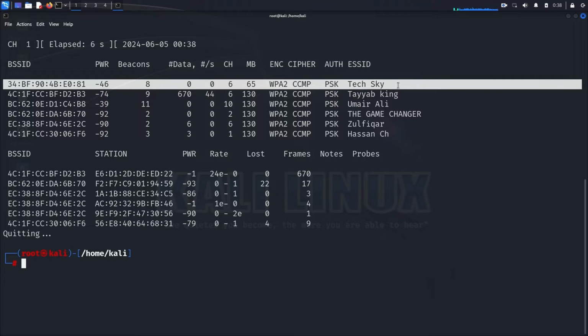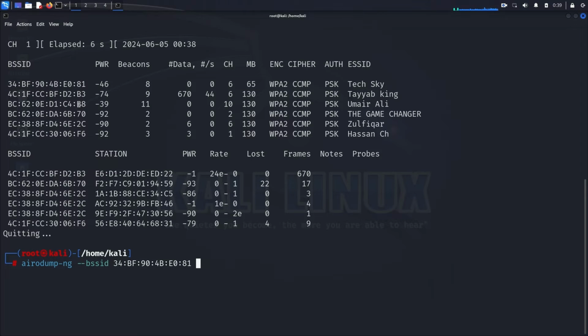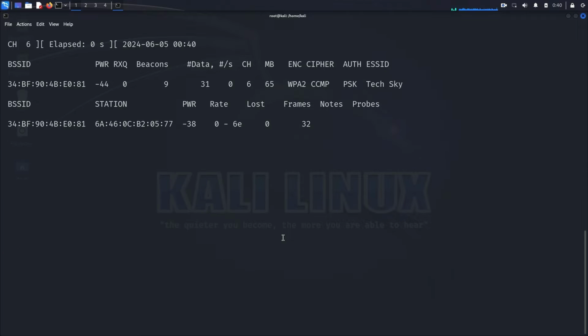Now, we'll focus on capturing the handshake packets from the target network. To do this, run the following command, airodump-ng --bssid, then write the MAC address of the target network, --channel, write the channel number here, -w, then WPA_handshake, which is the name of our captured packets file, and wlan0, which is the name of our wireless interface. Once you run this command, airodump-ng will start capturing packets from the target network, displaying both the network details and